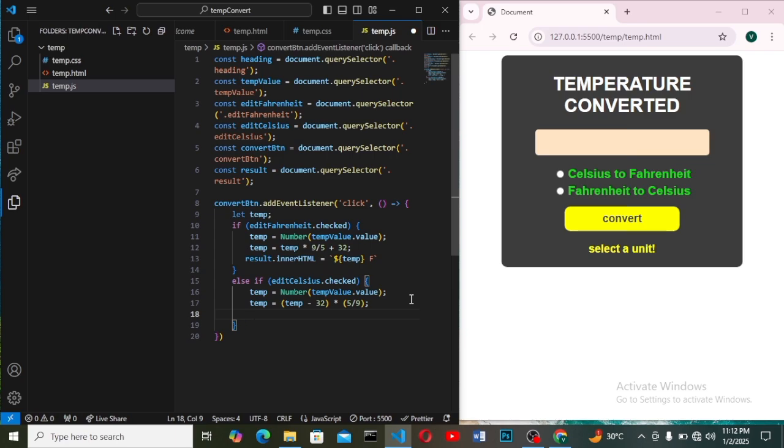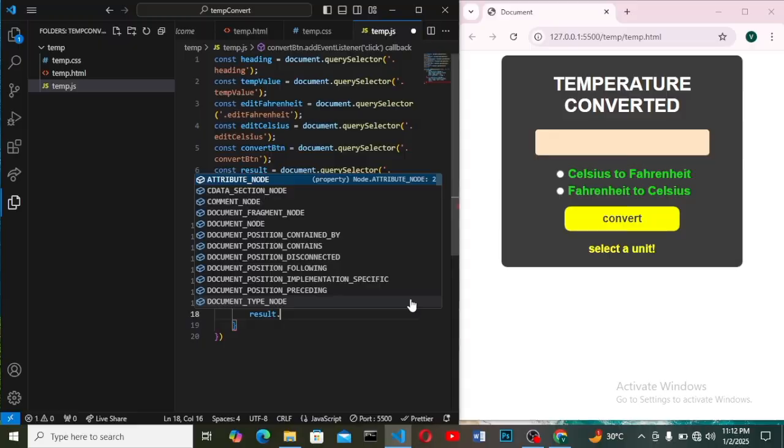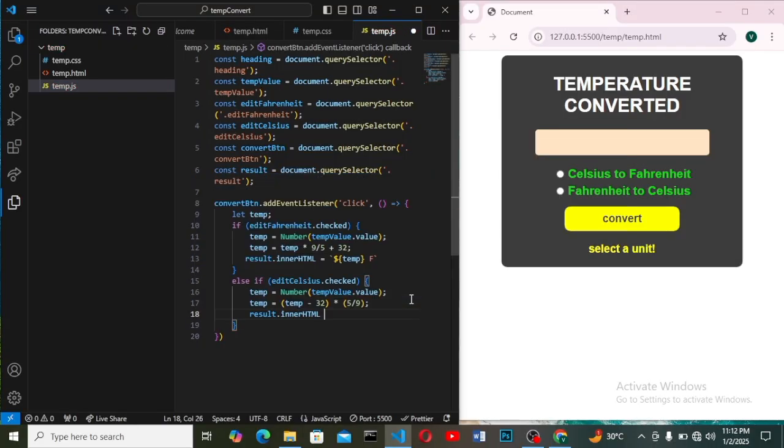Then we'll change the result dot innerHTML equals to, so we are still doing this, Ctrl C, just a little tweak in there. We'll change this to C, representing Celsius. Let's save and let's try it. So let's say 100 in Fahrenheit to Celsius. Perfect. But if you notice here, it's giving us many decimal numbers,